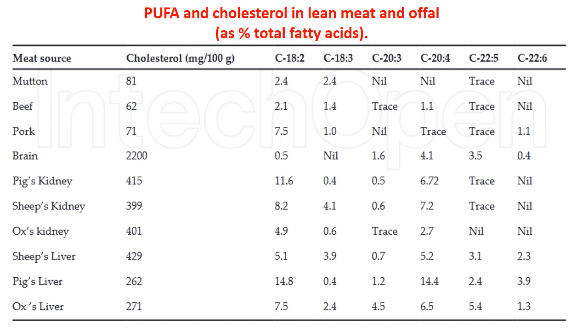We can see all the red meat has almost a similar amount of this linoleic, linolenic and arachidonic acid. Sometimes it is more in the kidney and more in the liver. If we see the last three lines, liver has a very good amount of all these polyunsaturated fatty acids. So these polyunsaturated fatty acids are considered healthy for us.